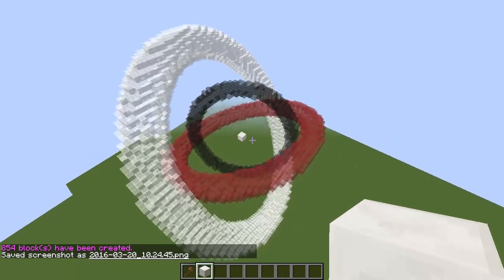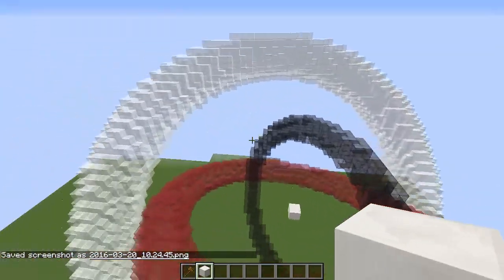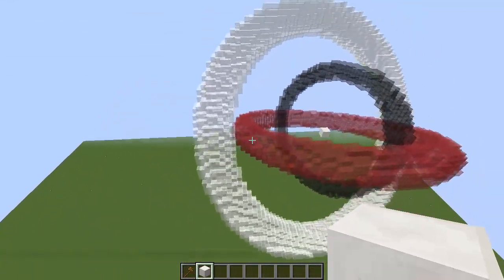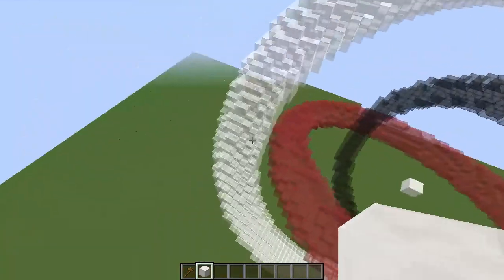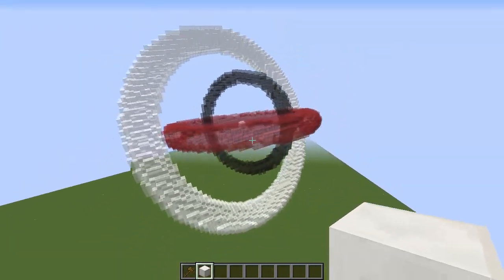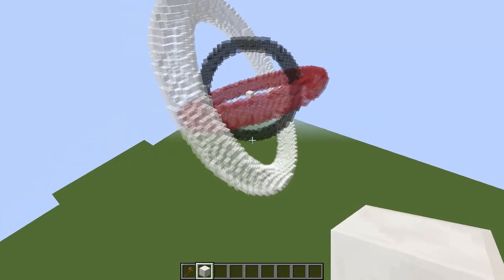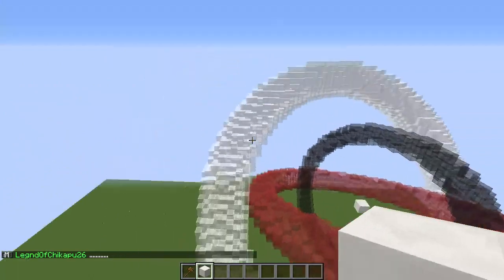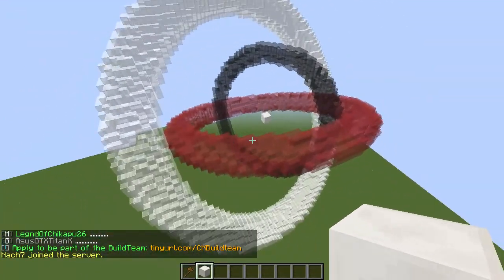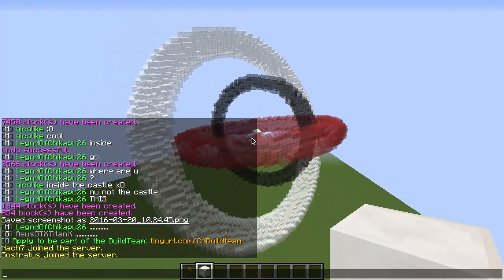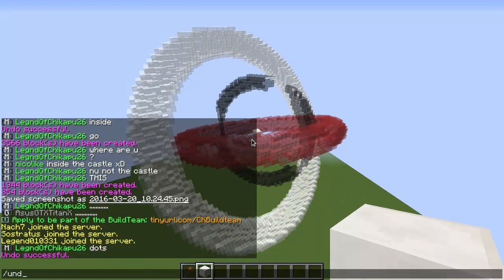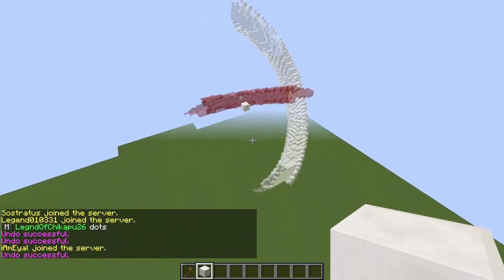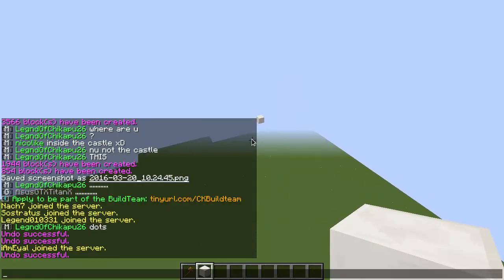Here we go. So here we have a whole stack of nested toruses. I could have actually used the same radius and had them go through each other, but that works very well. Now you can imagine having something like this on top of a tower. You have a tower and you have this and make a very sci-fi-esque build. Let's just undo all these. Now, the original torus